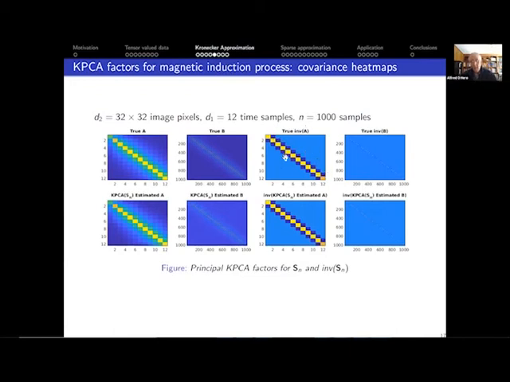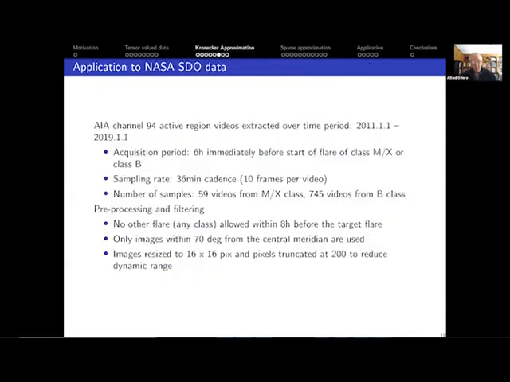We have this scaling, which is just tridiagonal, right? Everything else in the inverse covariance is 0 entries, and we have this pentadiagonal structure on the inverse of the spatial component, the B. These are the estimates using 1,000 realizations, again for a sample covariance, and you can see there's pretty good agreement. All right, so I'm going to apply it now to this solar data, just for fun.